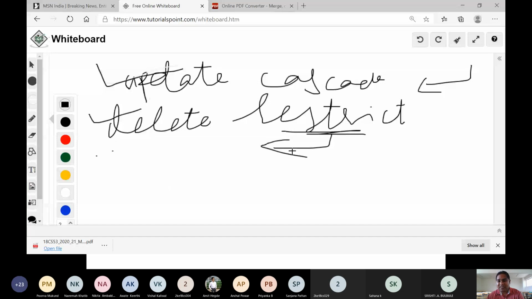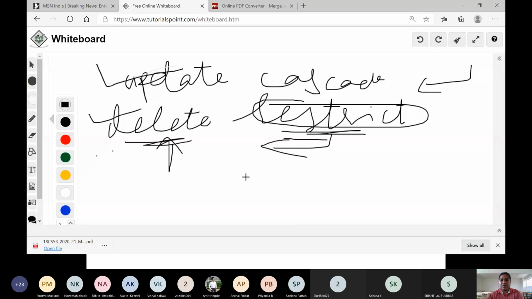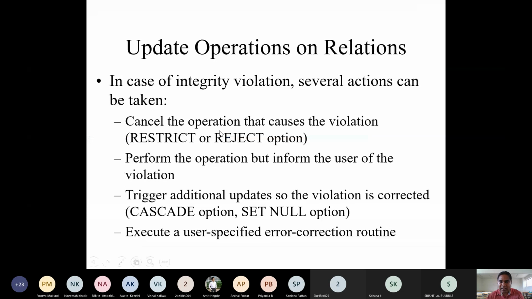Understanding? So deleting will always give me some kind of constraint called restrict. On special permissions I can delete. Normally it is not possible. If I don't want to delete the data, I want to just restrict the user from using any delete operation, so I will use the option called restrict.